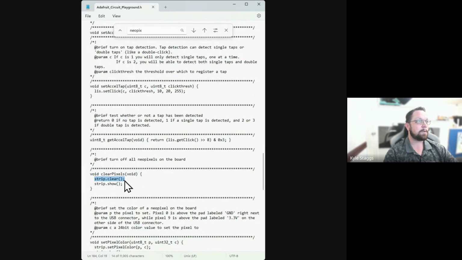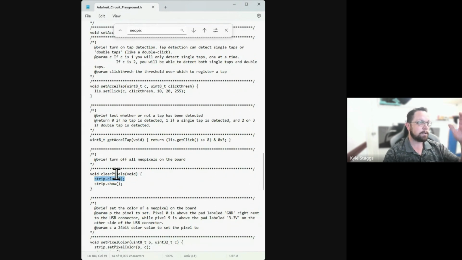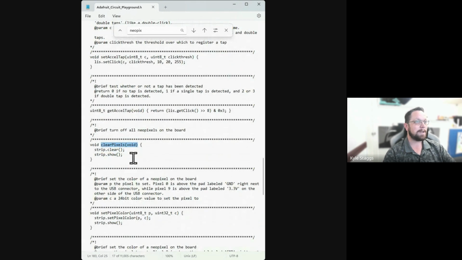What it would do is use the strip command, which up here is defined in another thing. All of these functions call other functions to do all these things, and then show, and the empty array to show so that all the pixels clear. I could have introduced this function additionally, but there are a couple other things we have to do with the strip and definition and arrays in order to make use of those very effectively. So instead, I taught you how to use one command, and it was this one, the set